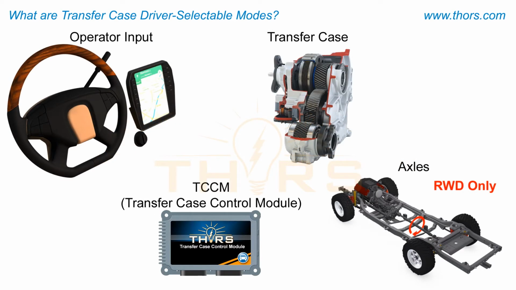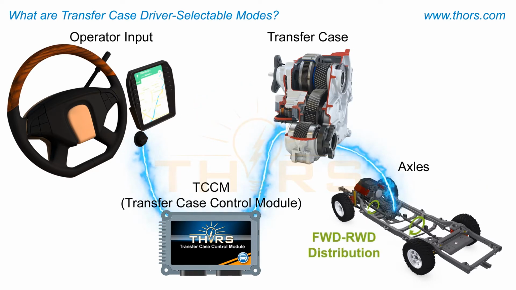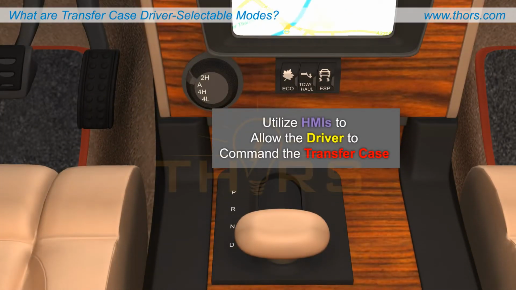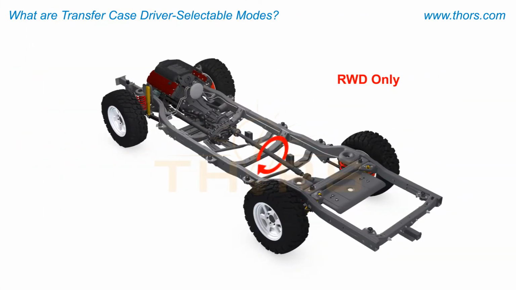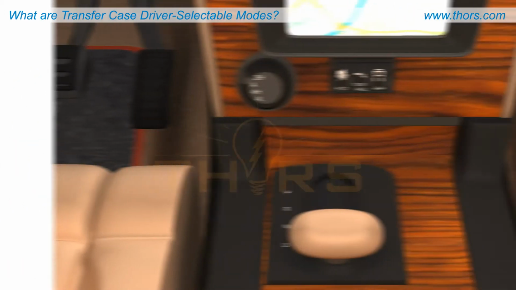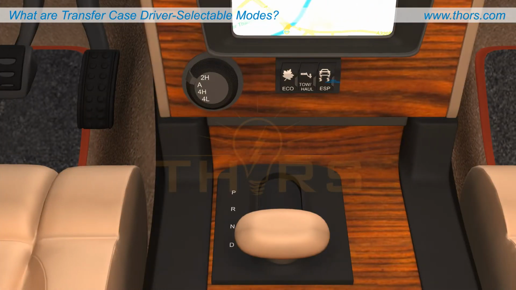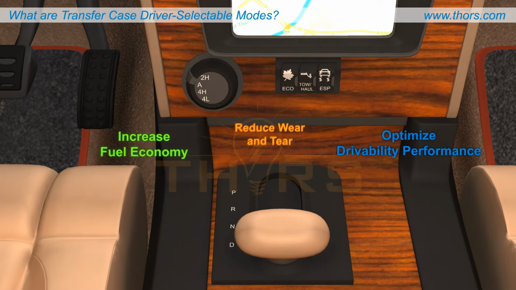Transfer case driver-selectable modes are a way that the driveline is selected by the driver to deliver a desired performance. Transfer case driver-selectable modes utilize HMIs to allow the driver to directly or indirectly command the transfer case system. The commands from the driver change the transfer case system's power flow to the front and rear drive shafts. Benefits of using driver-selectable modes is to optimize drivability performance, increase fuel economy, and reduce wear and tear on the